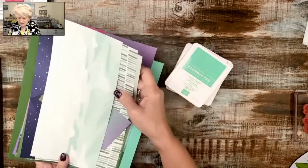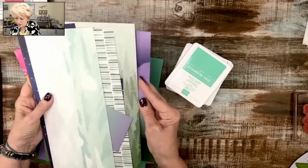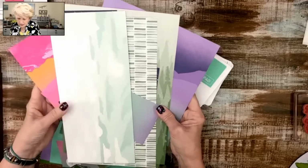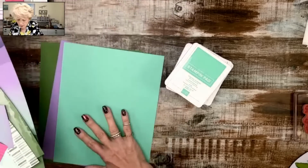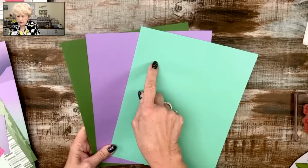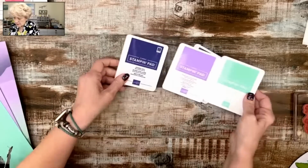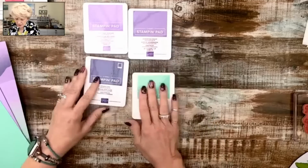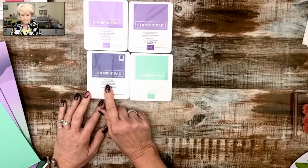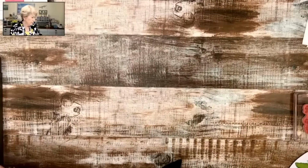So this is the rest of the paper, okay? The colors that I had left over were the greens and the purples and a little bit of the pink. But I went and looked it up, and the colors of cardstock I needed were Coastal Cabana, Highland Heather, Garden Green. So I grabbed those stamp pads in addition to Starry Sky. So we're going to put those right there, and we're going to remake my cards